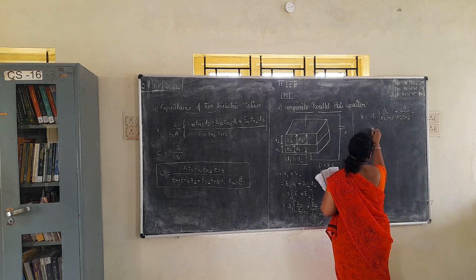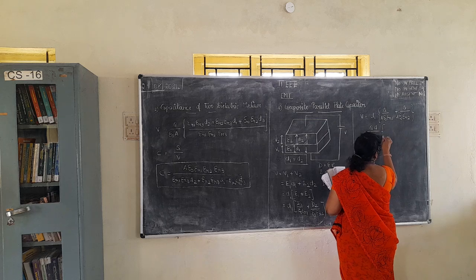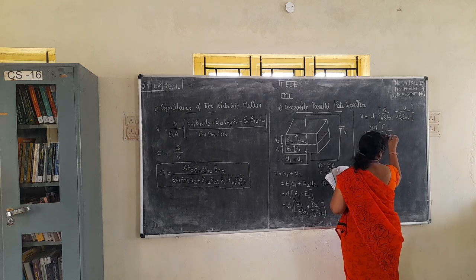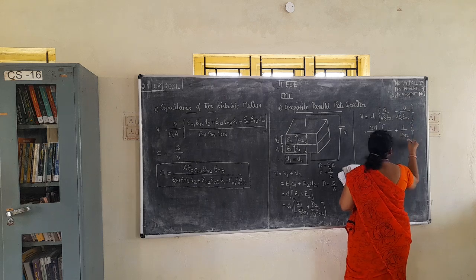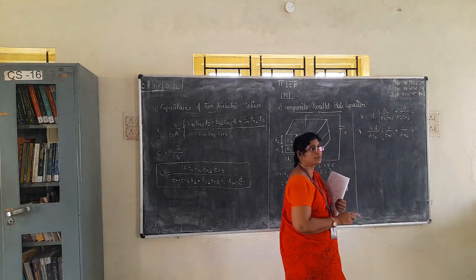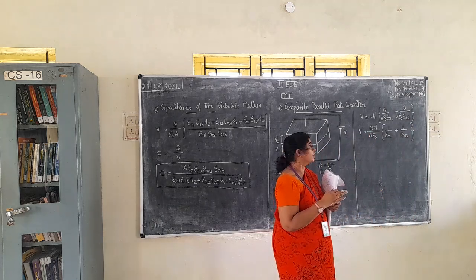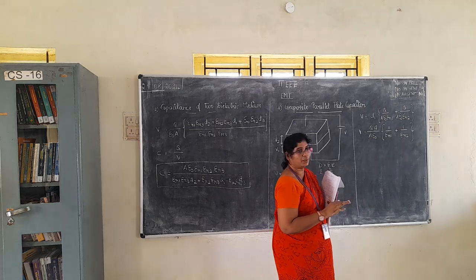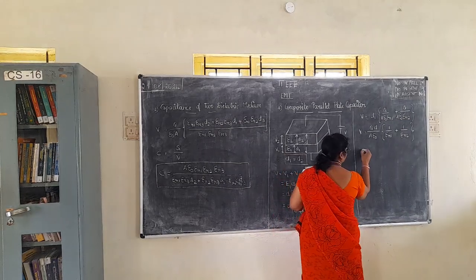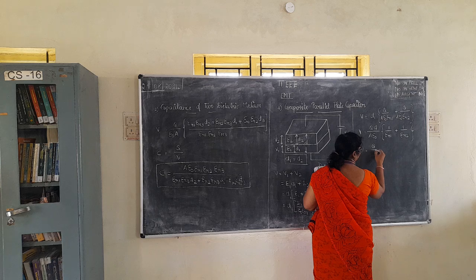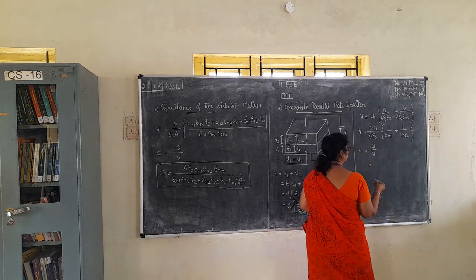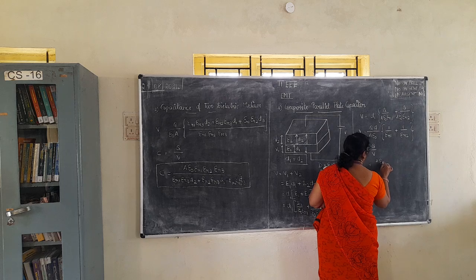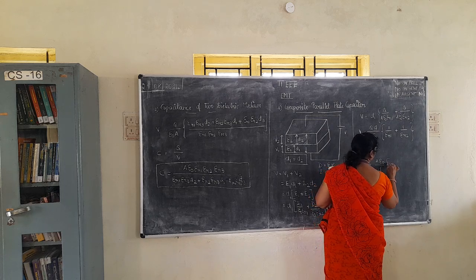So Q d over A epsilon naught, if you take common, you will be getting 1 by epsilon r1 plus 1 by epsilon r2. Correct? Final expression: V is equal to Qd divided by A epsilon naught into 1 by epsilon r1 plus 1 by epsilon r2. Find what is C. C is equal to Q divided by V. Substituting, Q will get cancelled. Therefore, A epsilon naught divided by d into